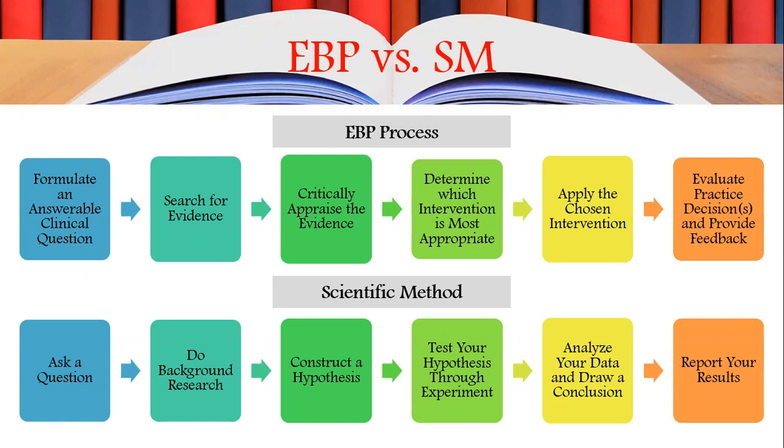Now, one thing I want to say is that the same is true for both of these processes. Yes, they each have their steps, but it's not necessarily a linear process. For example, we might not wait, or it might not be appropriate to wait until the very end to evaluate the interventions that we've applied and provide feedback. It might be more appropriate, depending on the client, to engage in some evaluation of the intervention along the way, right? So yes, step 6 is evaluating and providing feedback, but we really have to take it on a case-by-case